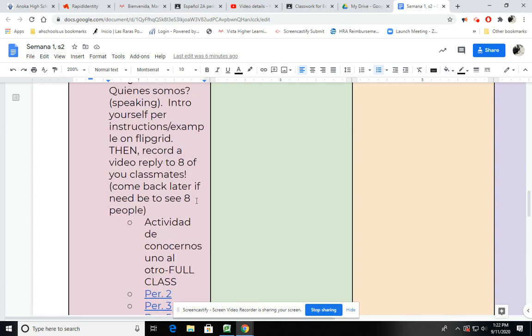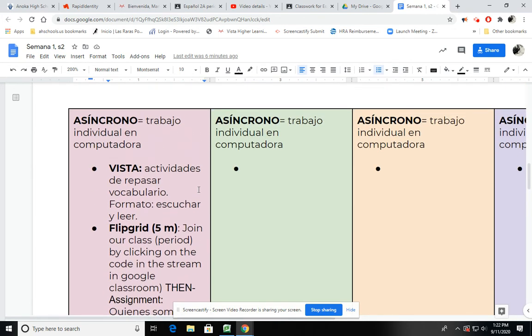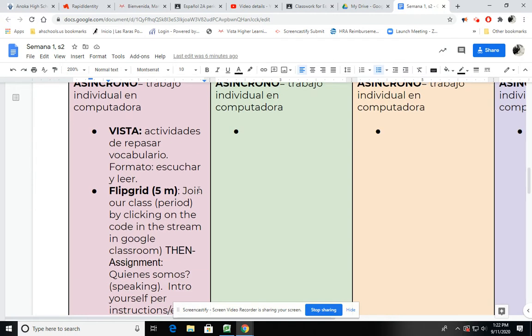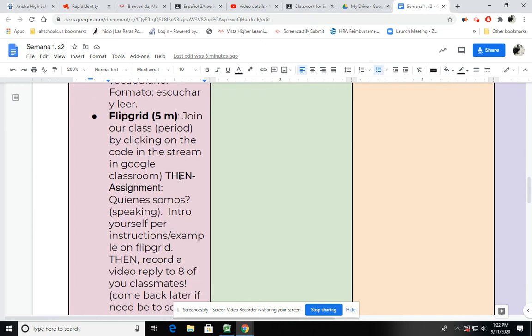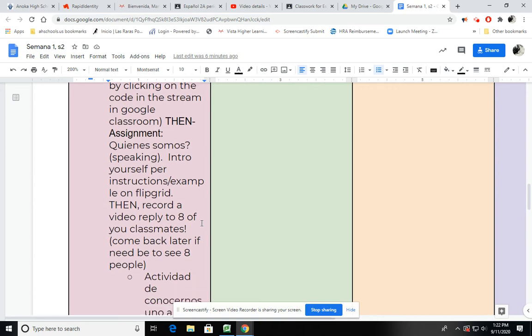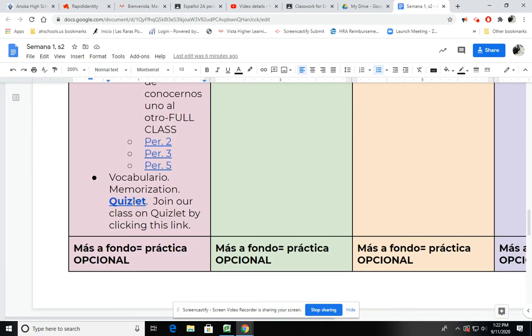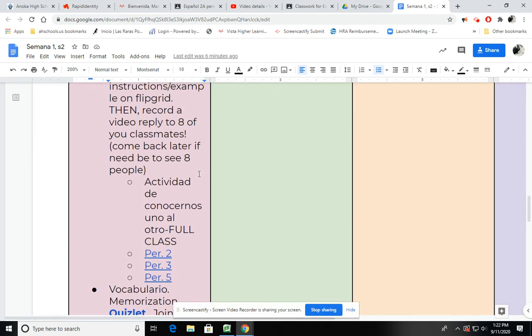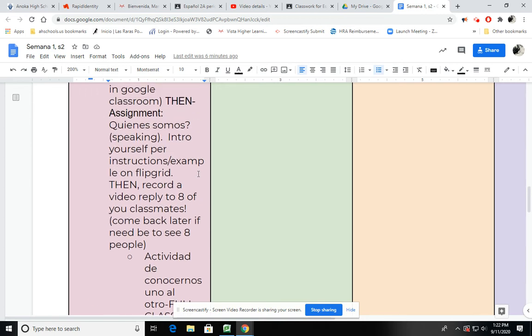But take note. With all of these activities you're doing prior, you're going to be engaging with Spanish, and you'll be like, oh yeah, I remember that word. So keep your ears and eyes open always for words that you could use later when you do this introduction. ¿Quiénes somos? Like, who are we? You're going to introduce yourself,